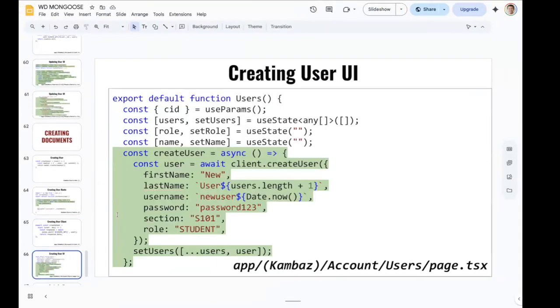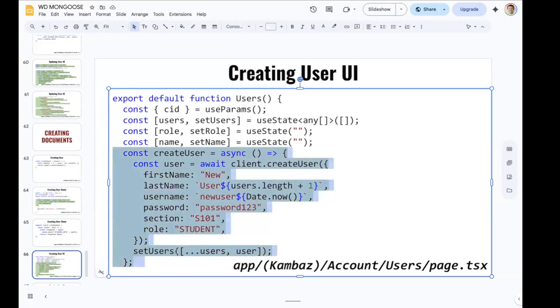And in the user page, what we'll do is have a new button that creates just bogus users, with some default names like new user. You can then go in and edit it by clicking it and putting in the correct value. So here's a create user that's going to use the new create user to post this information out to the server, creating a bogus user with first name new, last name user, and some unique identifier, which you can edit later. And just appending it to a local array. So let's copy that